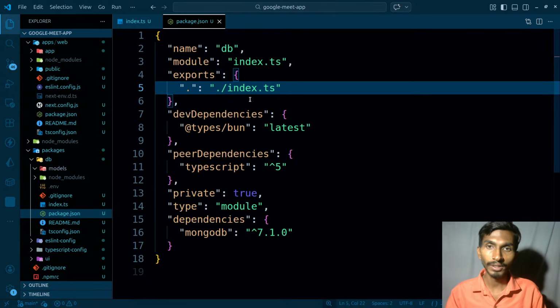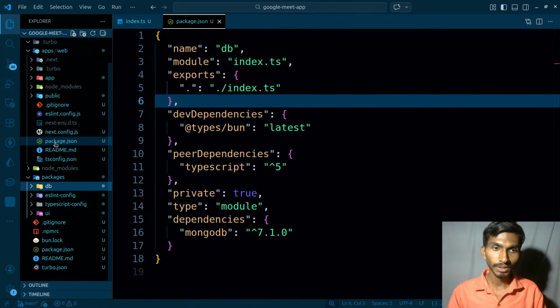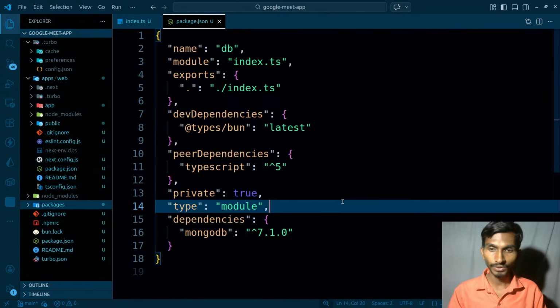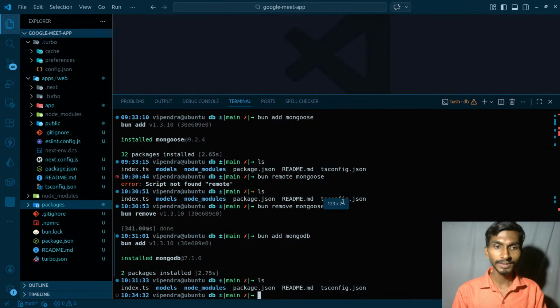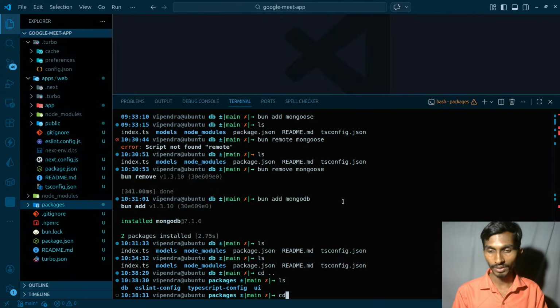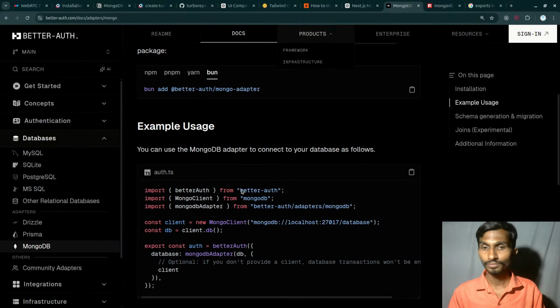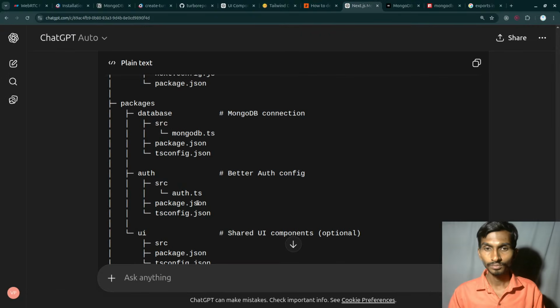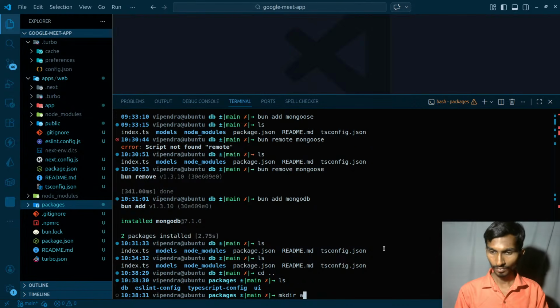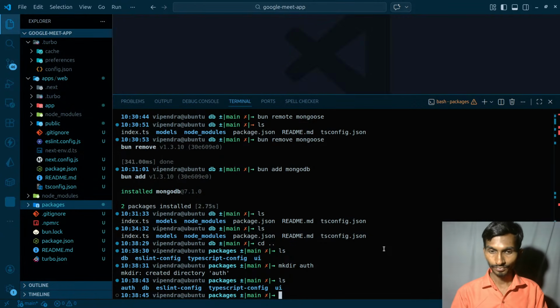So I'm ultimately exporting everything from here, and apart from this particular thing, I'll have to just create one more, and that's gonna be inside packages. It's all about managing the things in the best way possible, nothing else. Otherwise things can be done directly as well. See, mkdir, and that's gonna be what, auth or better auth? Auth. Once this is created, ls